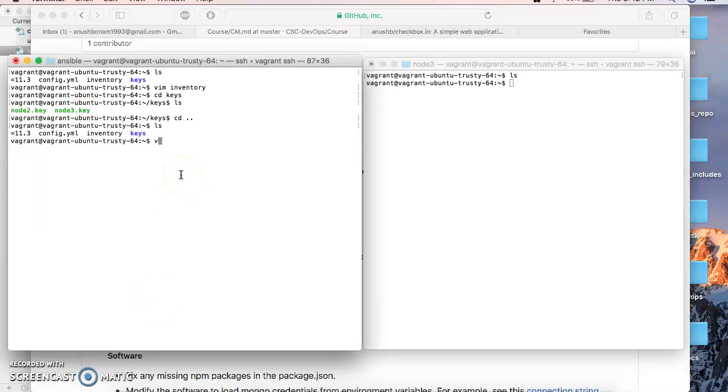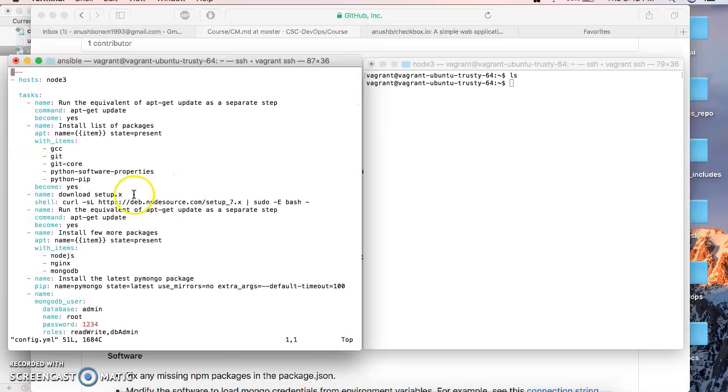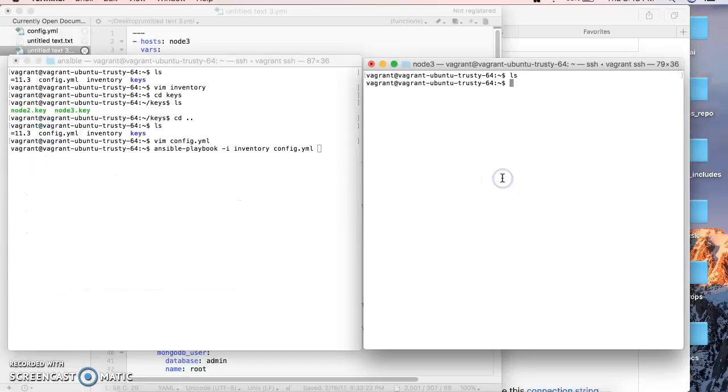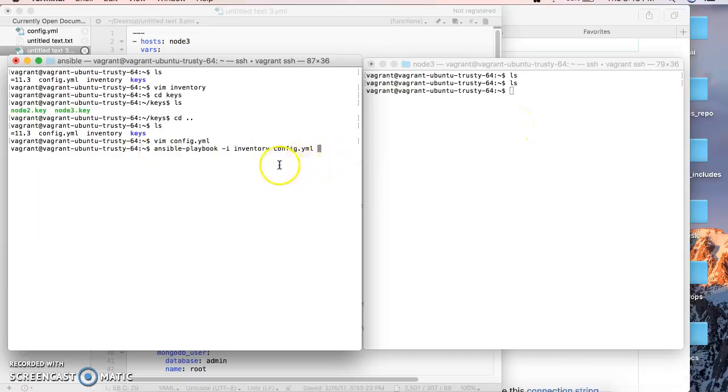First of all, we need to set up the node virtual machine in order to configure it, in order to create the environment to deploy the application. That is done using the config YAML file. As we can see, there's no folder inside the node virtual machine. So using the configuration file in the configuration server, we set up the environment in the node machine. After running this,